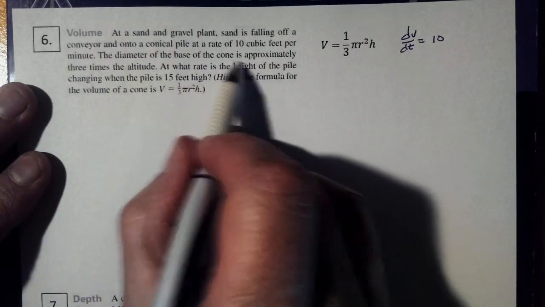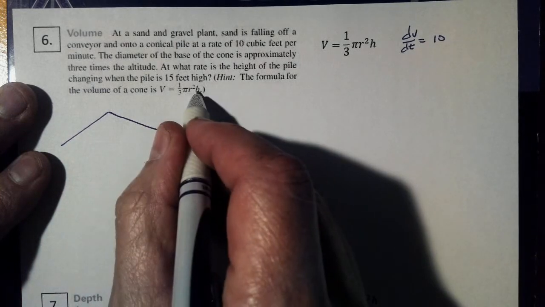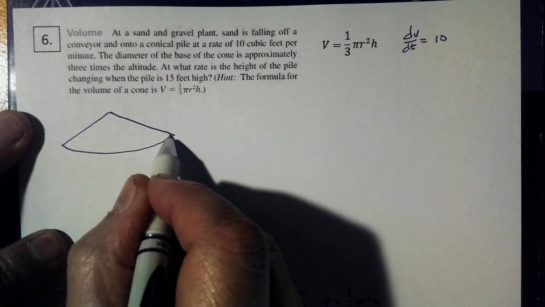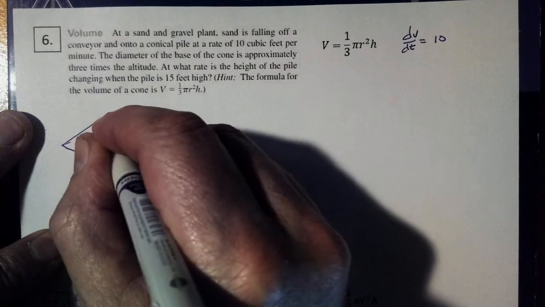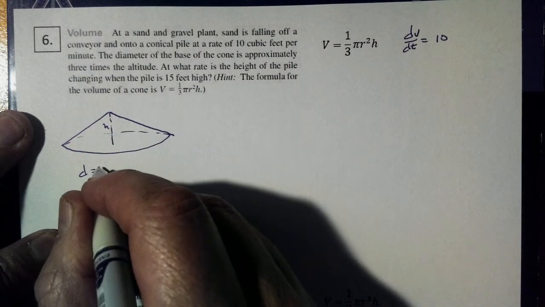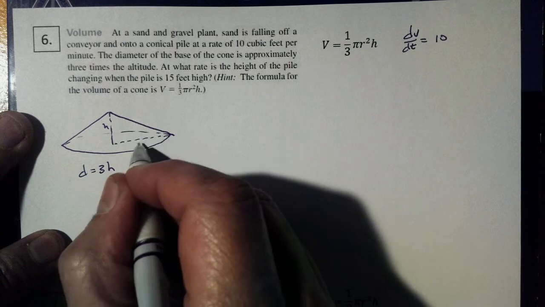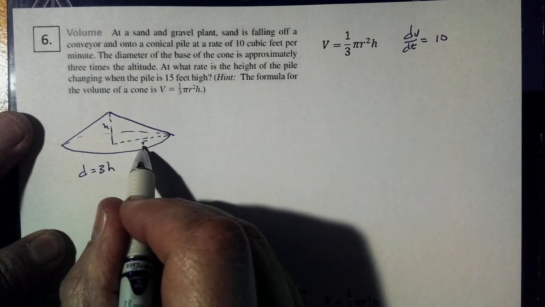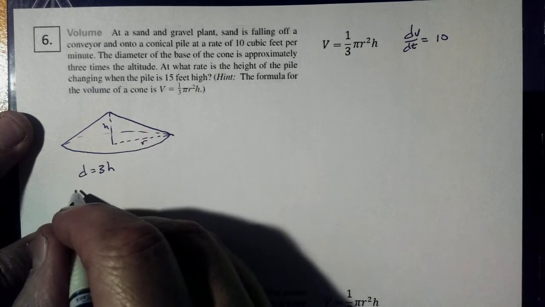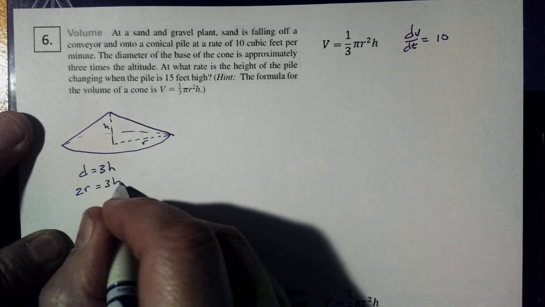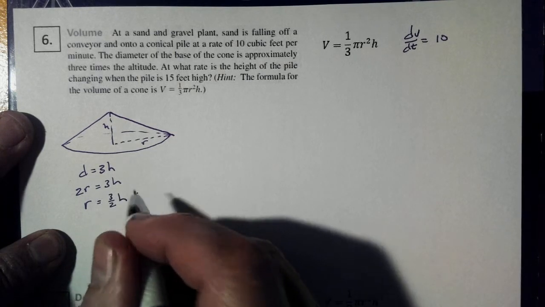The diameter of the base of the cone is 3 times the altitude, and I'm going to use height for that, just because the formula has height and not A in it. So we have something resembling this, where if this is H, then D is 3 times as big as H. Now, to be honest, because the formula has radius in it, we'd probably rather work with radius, and the radius is 1/2 the diameter, so the diameter is 2 of these radii. So 2 times the radius equals 3h, so radius is 3/2 h,